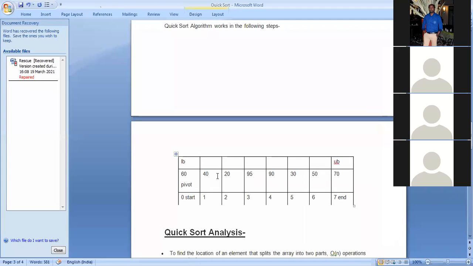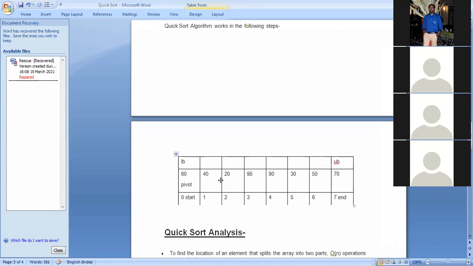So now we'll start from 0. So A start is less than or equal to pivot 60. So when condition is true, then start value is incremented.